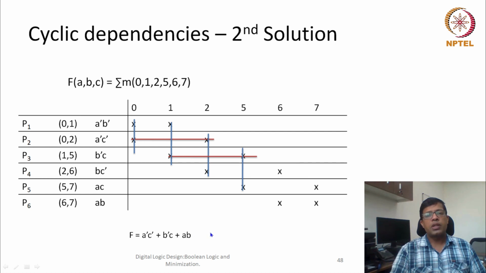So in this particular case, I came up with two different solutions, which are entirely different, but both of them are equivalent because in both cases the total number of prime implicants in my final solution is 3, and in both cases the total number of literals is equal to 6. So they're equal in weight. Both of them are equally optimal solutions.